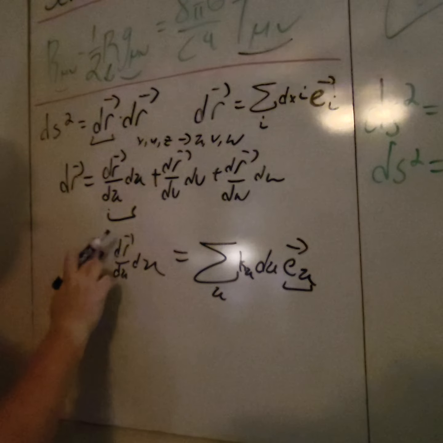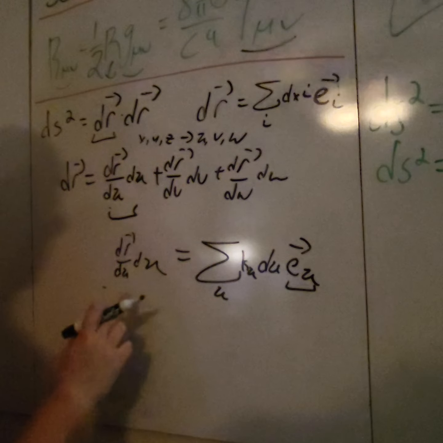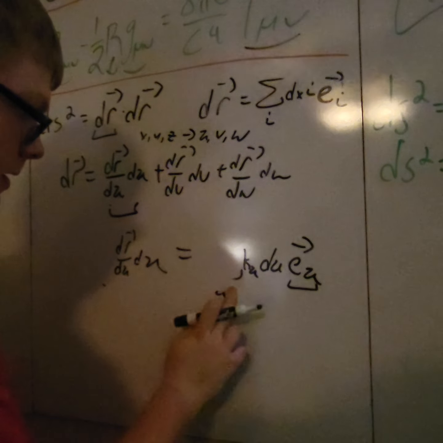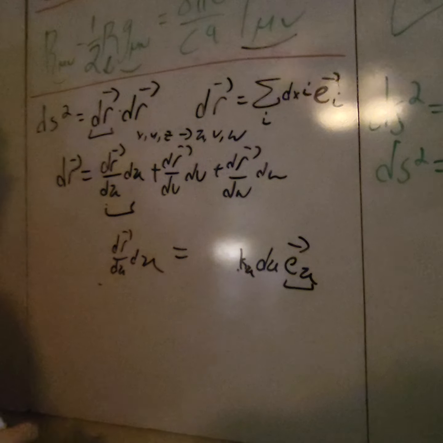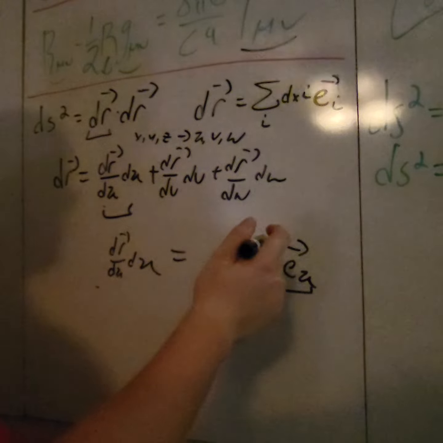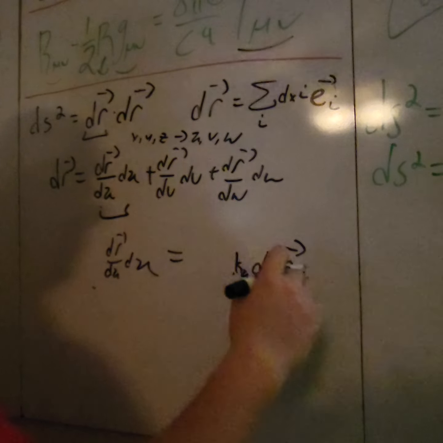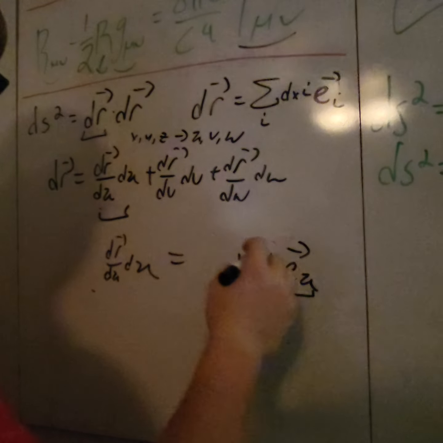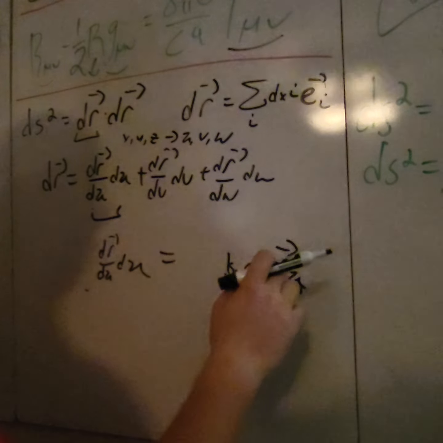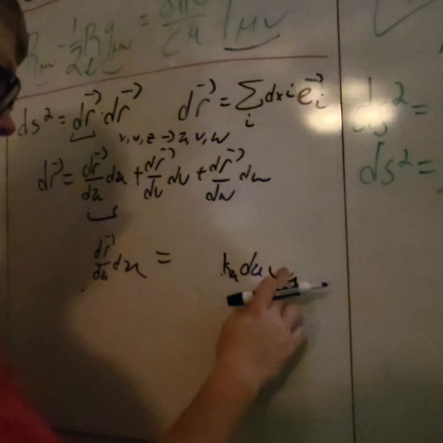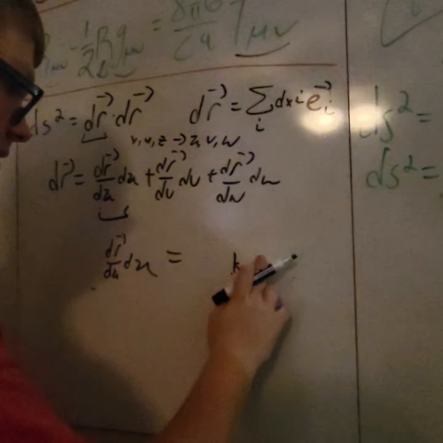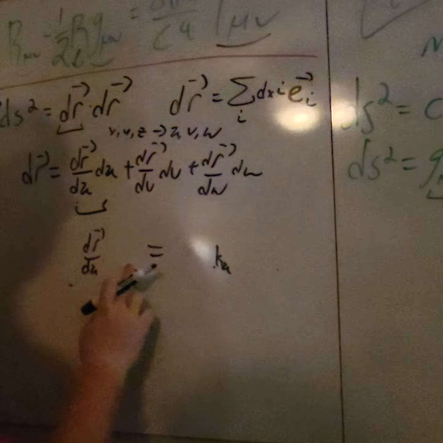So we can remove the sum here. We're going to assume that these new basis vectors are orthonormal, which means when you take the magnitude, there's just going to be 1. So we're going to take the magnitude of this whole thing and cancel out the differential of u